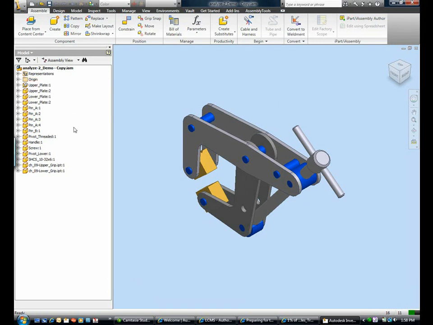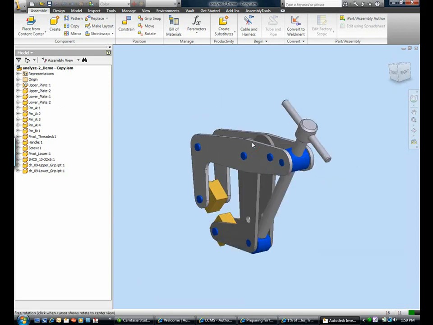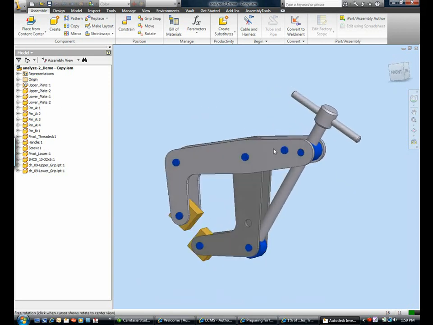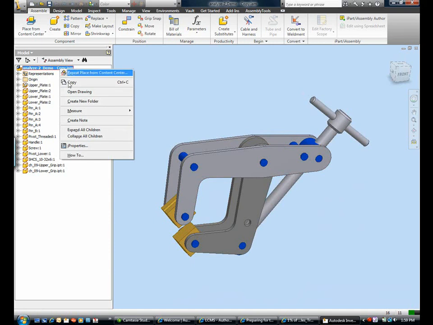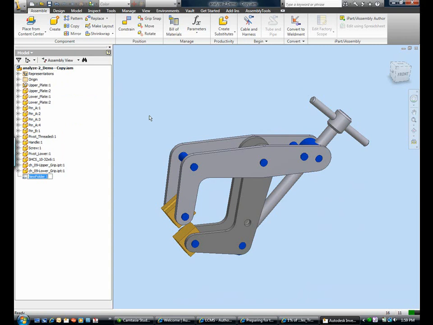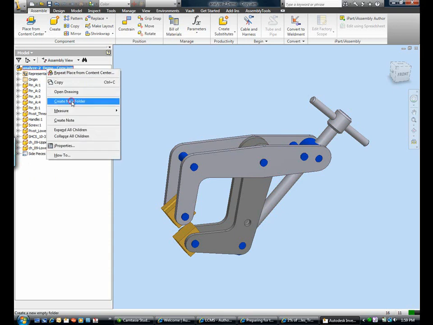Okay. Now I'd like to talk about folders and assembly folders. So here I've got this nice assembly, and what I'd like to do is break this down into a couple of categories. So to do this, what I can do is right click and create new folders. So I right clicked on this top one, so I create new folder, and we'll call this. So you can see it's got a different icon, looks like a little folder, and now I can just come through, highlight what I wish, drag and drop, and it moves it under there. So real fast you can come through and get control over